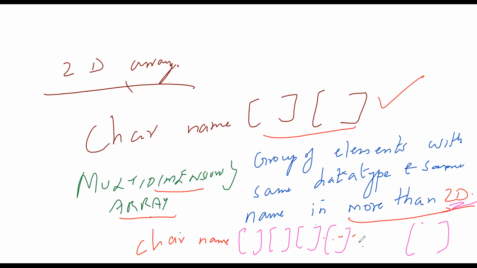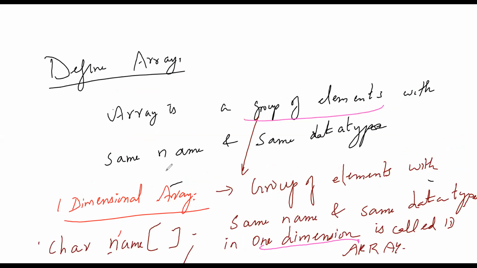Very good. Is it easy to study? I am only telling you to study this definition. With this, you just add 1 dimension. It's called what? 1 dimensional array. Correct? We just add 2 dimensions, it's called 2 dimensional array. Multi-dimensional, what will we do? More than 2D array. More than 2 dimensions. You should write it in words, okay? Is it easy to study? Very easy, right? You understood.